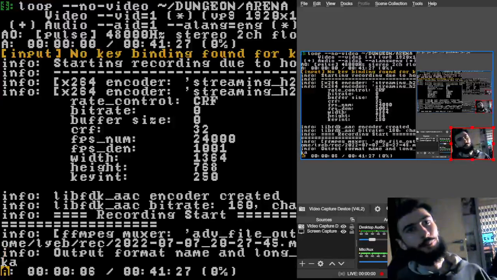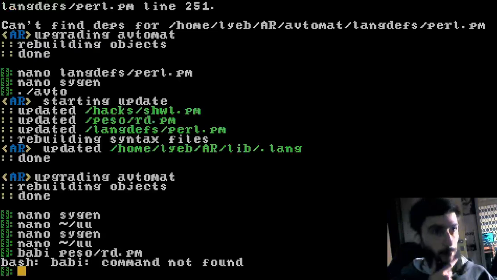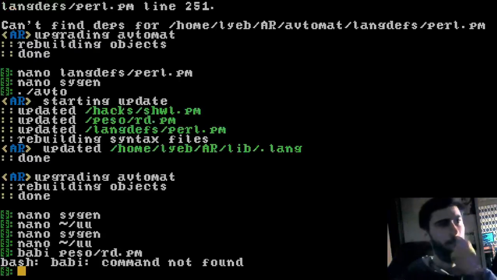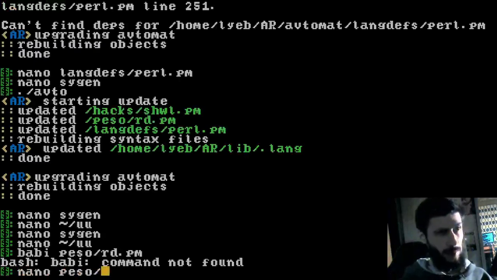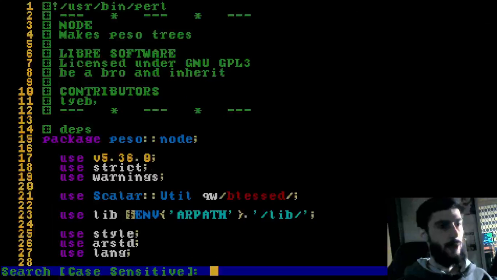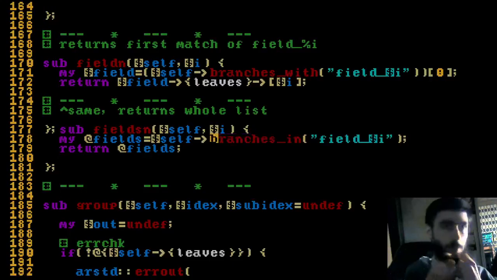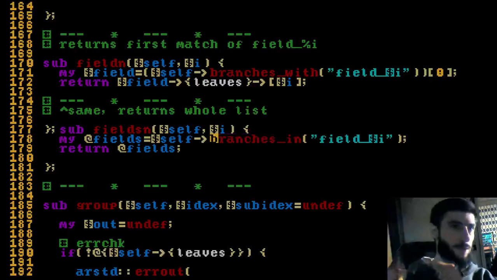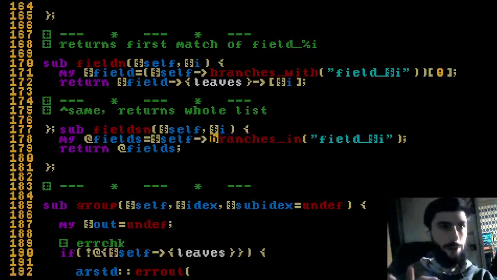So, today I just want to quickly demonstrate a little bit of something. I'm working on this new parser, right? And one of the things I want to do is with this particular function, which is in the node class. We have a couple of functions, actually. One is branches in, which basically will give you every branch of the tree that starts with a given